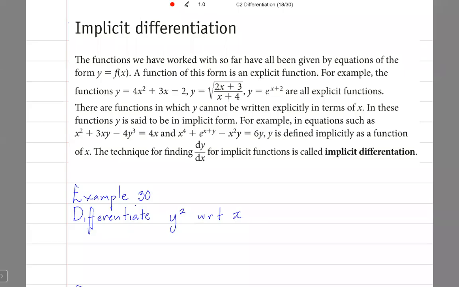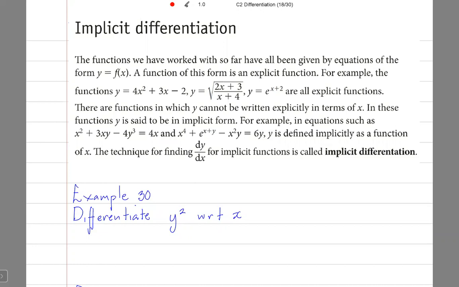All right, so implicit differentiation. This I just copied straight from the book. It says the functions we have worked with so far have all been given by equations of the form y is equal to f of x. A function of this form is an explicit function. For example, y is equal to 4x squared plus 3x minus 2, y is equal to the square root of 2x plus 3 over x plus 4, y is equal to e to the x plus 2 are all explicit